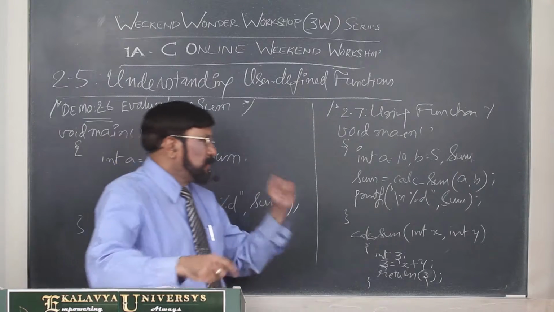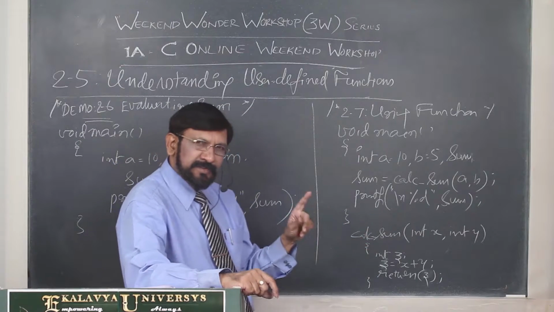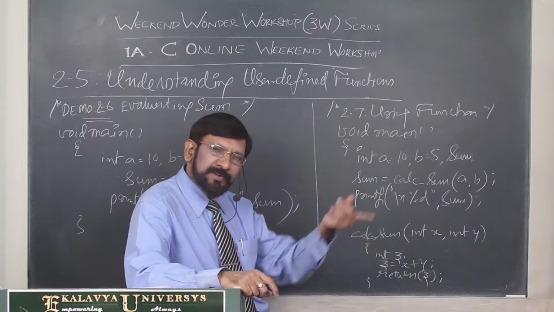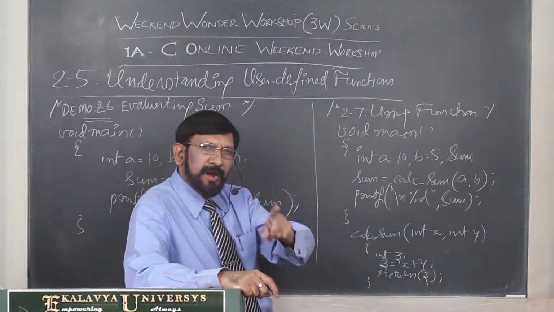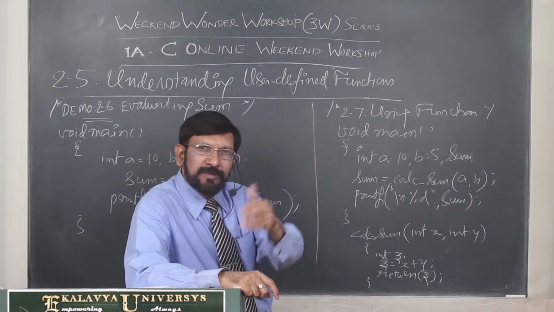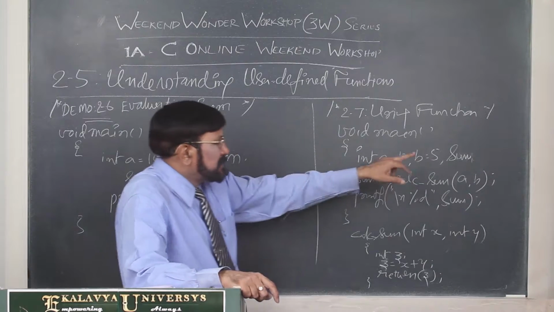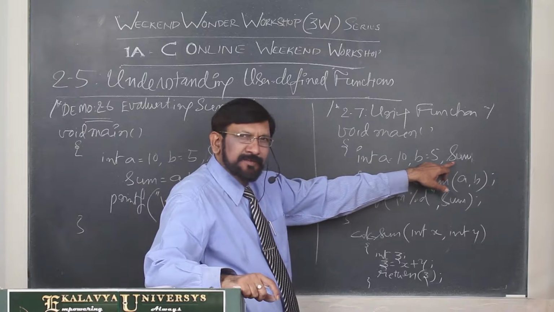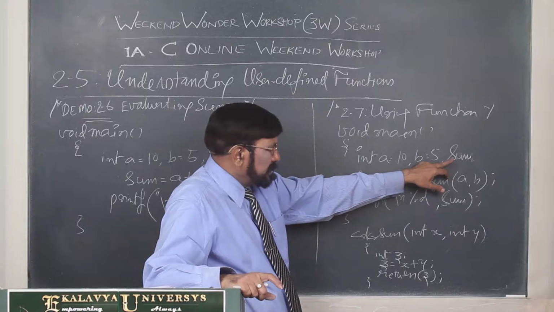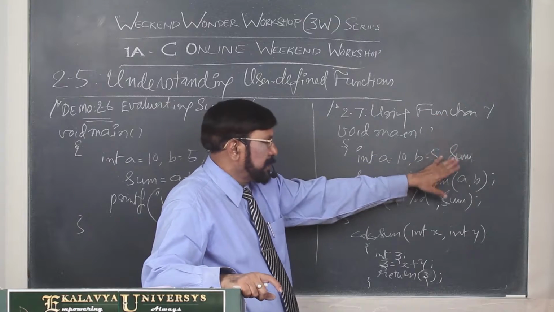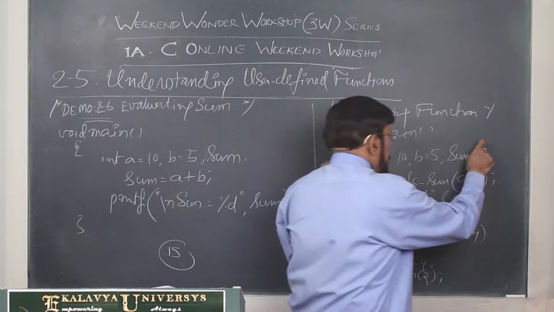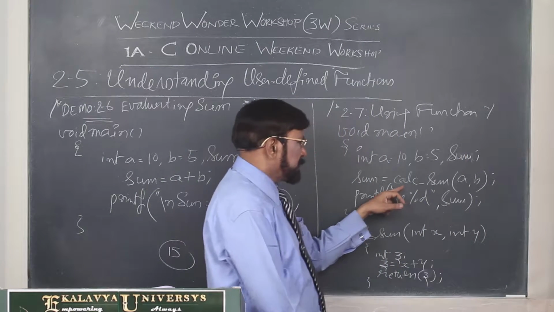Understand? So here, what type of function is this? A function which takes arguments and returns a value. So it returns a value. Where do you keep it? You should have a container. Such a container is this. For that purpose, one container, one variable, is reserved and kept ready. Okay, that is sum.